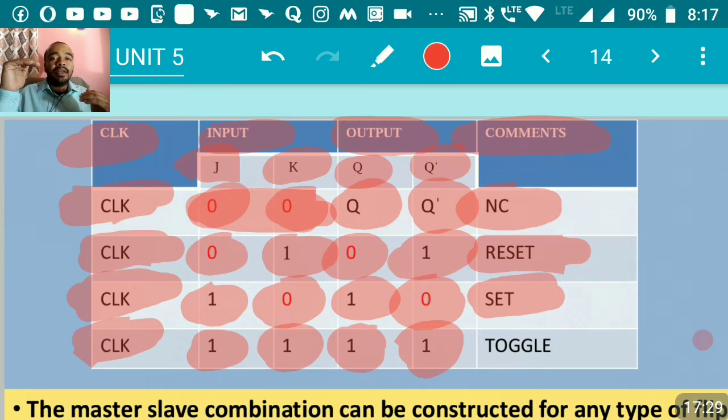After I apply one more clock pulse, Q and Q bar are going to change their state. Q is going to come down to 0, Q bar is going to get into 1. This is what happens for every clock pulse. The flip-flop keeps on toggling. Master toggles when you apply the clock pulse. At the same time, slave copies master. The master flip-flop is going to get into the toggle state once you apply the input J is equal to 1 and K is equal to 1. Then you apply the clock pulse. Once you apply the clock pulse, master toggles. Once master toggles, slave copies master. And this is the explanation for your truth table.